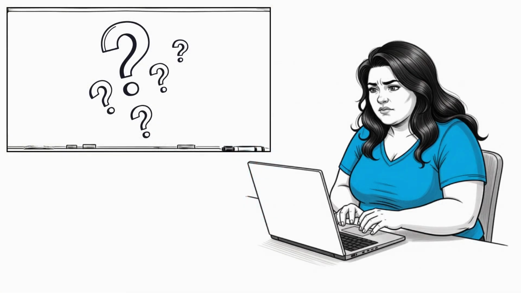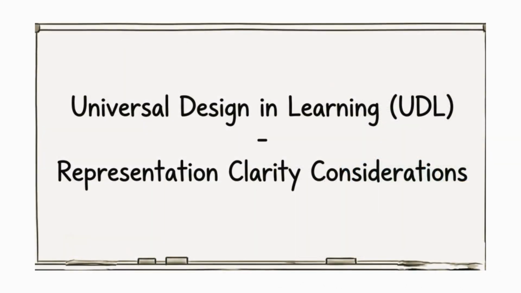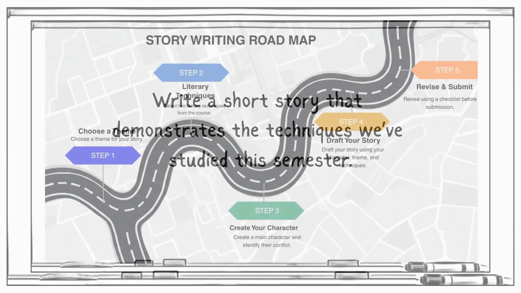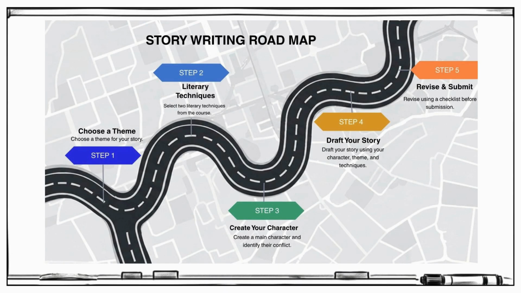The problem isn't that Sarah can't write. The problem is that she's trying to hit a target she can't see. That's where UDL, Universal Design for Learning, a framework for reducing barriers to learning, and its representation clarity considerations come in. Instead of posting only the assignment prompt, the instructor could provide a roadmap that breaks the project into manageable